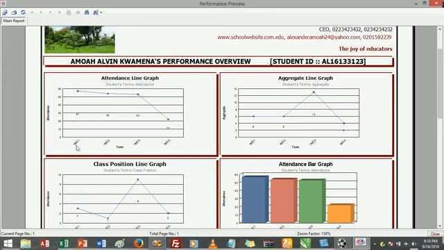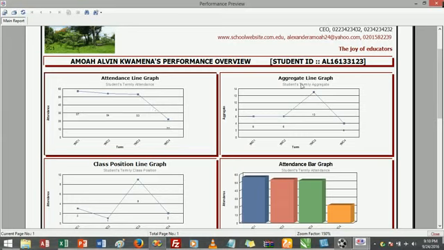Wow, it shows that term 1, the first term, okay, he attended 57 days. Term 2, 54 days. Term 3, so it is actually coming down, which is sort of declining in his performance. So far as attendance